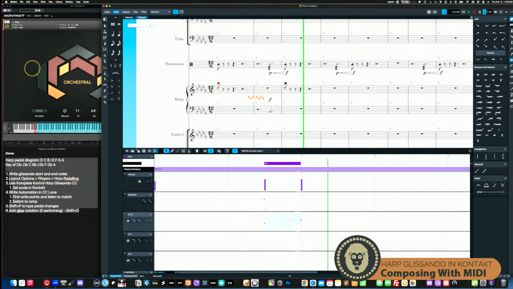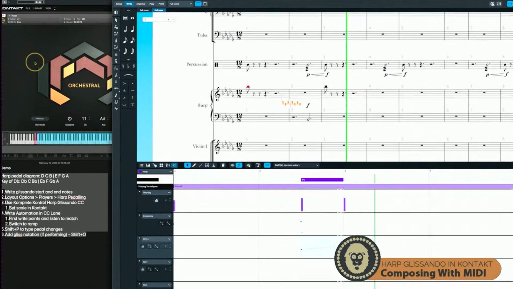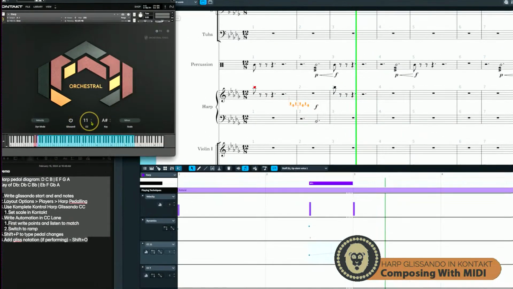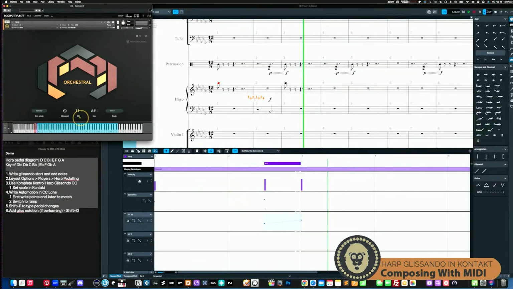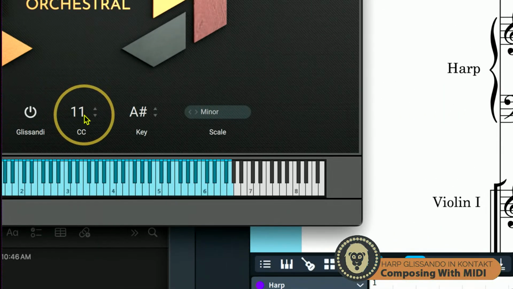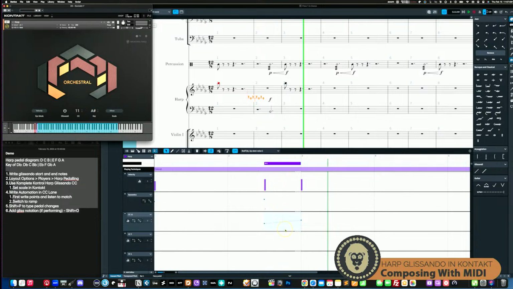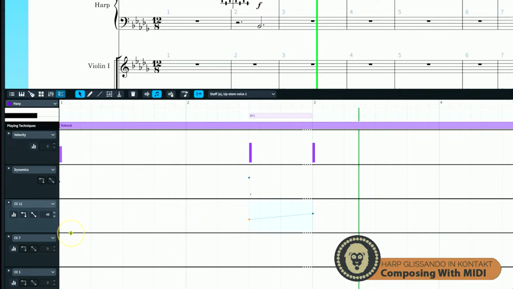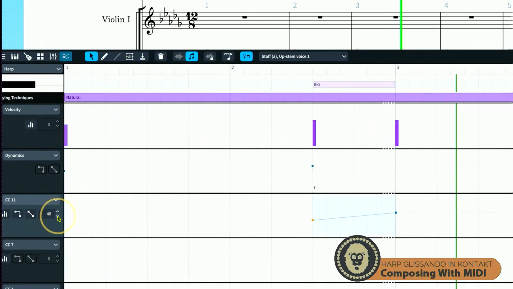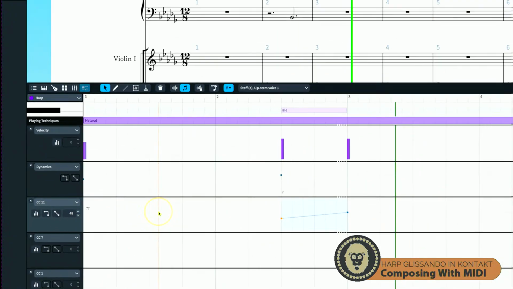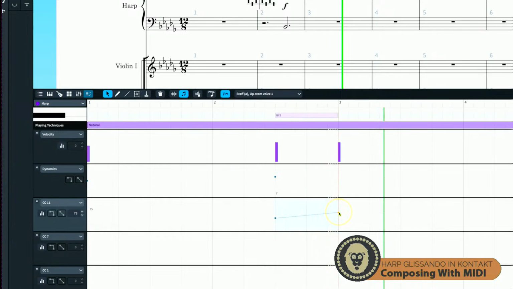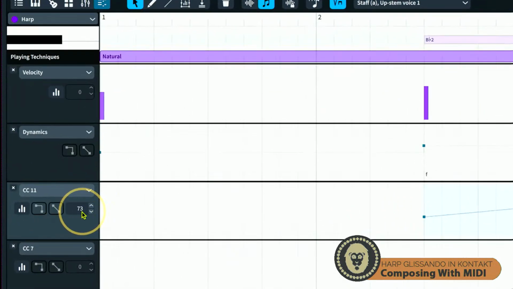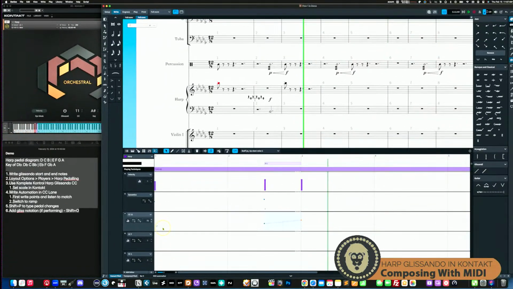Okay, so we've got the harp loaded up, and we have our glissando effect enabled in Kontakt. Now we need to go down and write automation in whatever CC value we've selected here. So I've got that down here in CC11. And the first value I have over here, you can see, is 48, and you can nudge that by small increments. The last one is 73, and I basically just figured out by ear. I'm going to show you how I did that. 48 was this